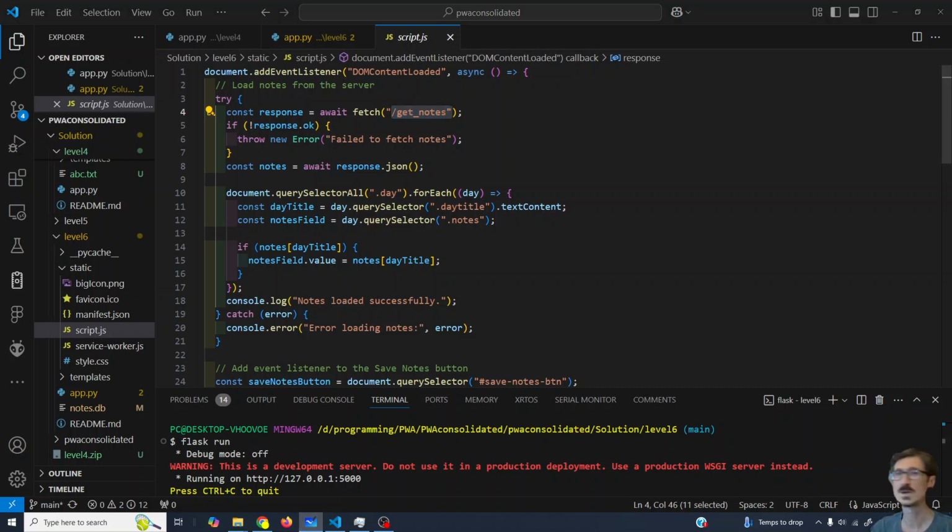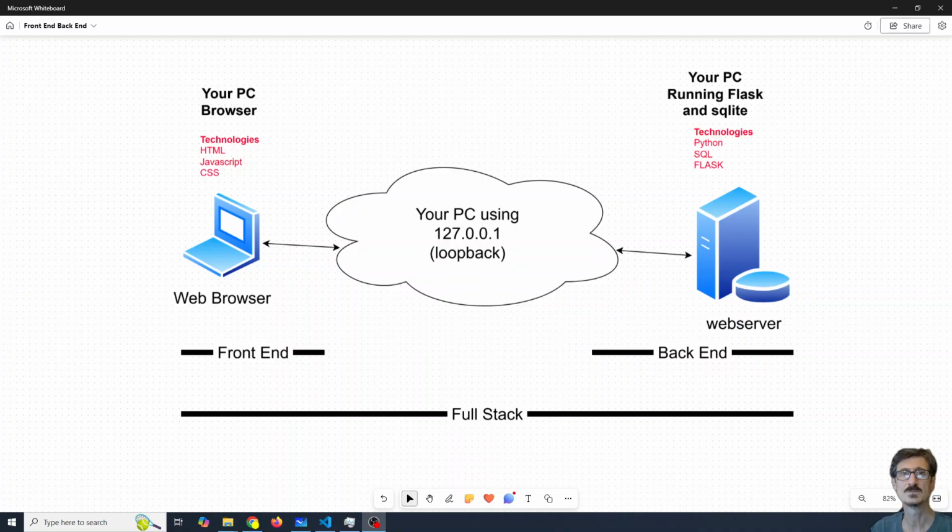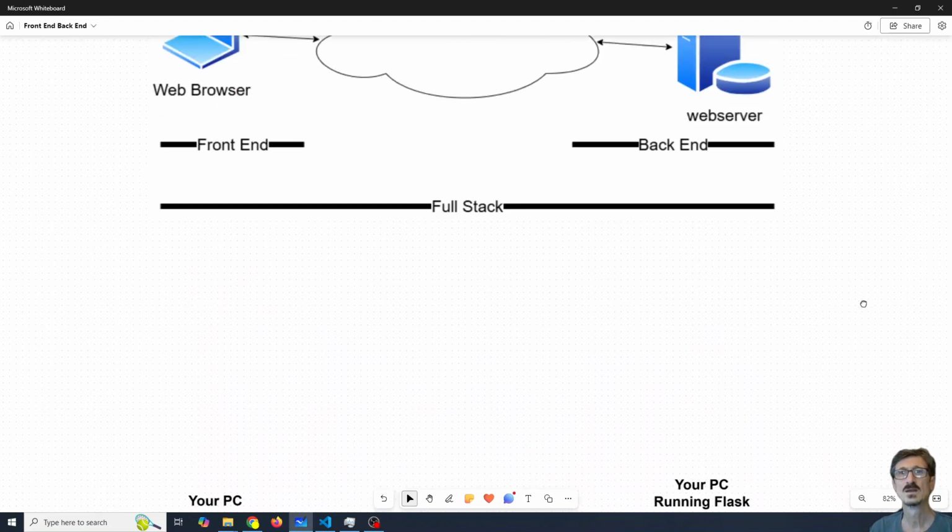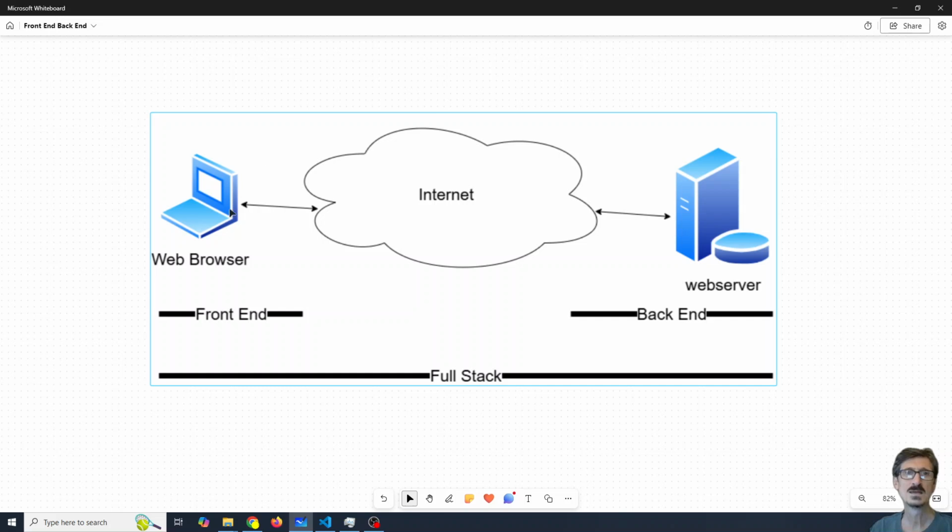We'll just have a quick look at front end and back end again. Typically, you'll be sitting on a computer, you'll put in the URL for a web page, and you'll submit that to a web server. The web server will use Flask to transmit back to you a web page, and then this web page will have JavaScript that will be able to speak through our